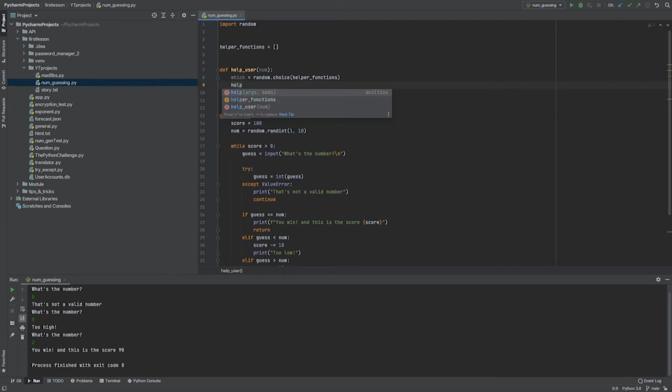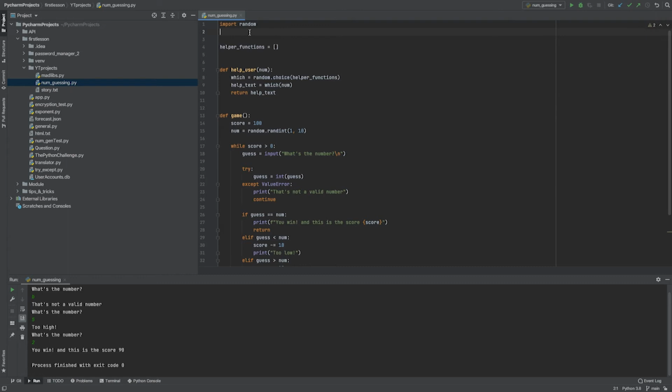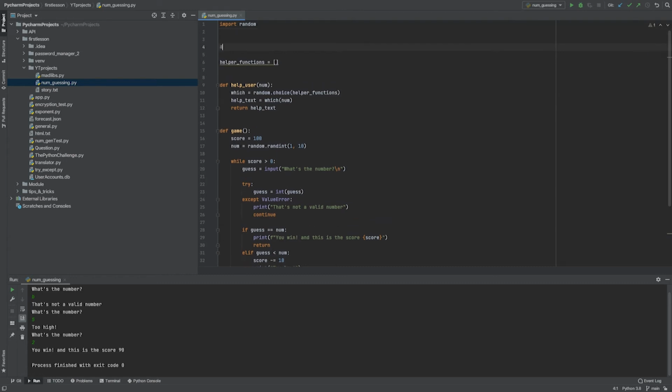So the help text, the output of the function, will be which num, and I actually want to return it. So let's provide this helper function, and this could be anything you can think of, and this is probably where you could just put as much as you want, as many functions as you want, and the more the better, the more interesting